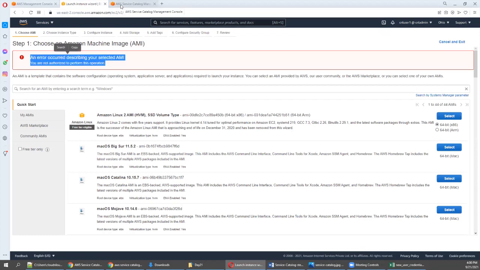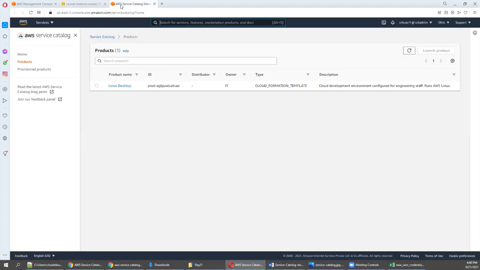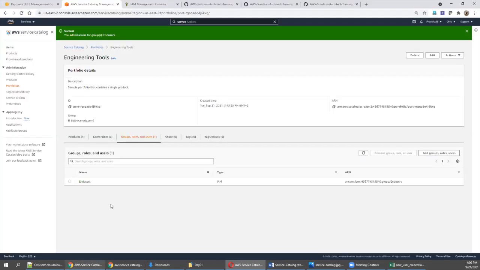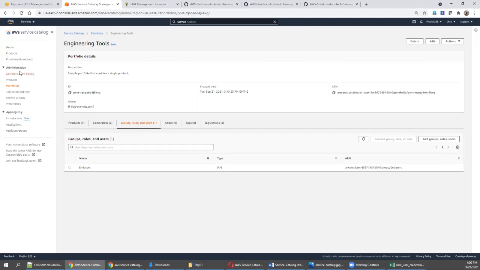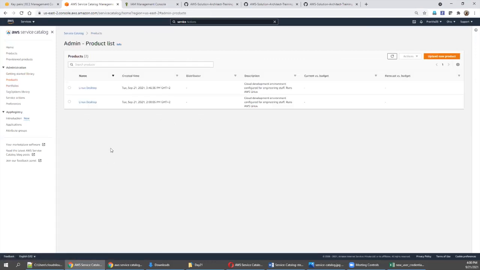Now we will try the same in service catalog. Go here and see there is a product. The user views something different and the admin views something different. See here, products. There is a different way you can configure it, which I mentioned earlier.